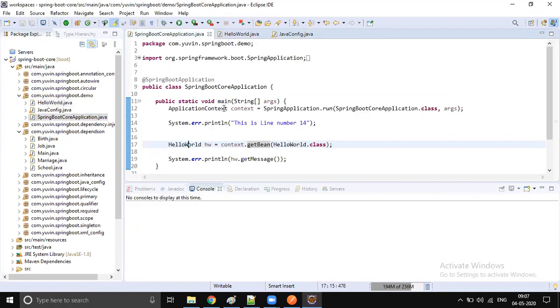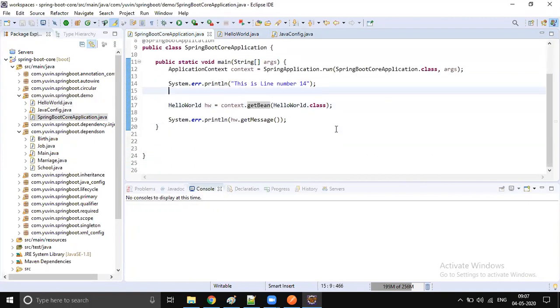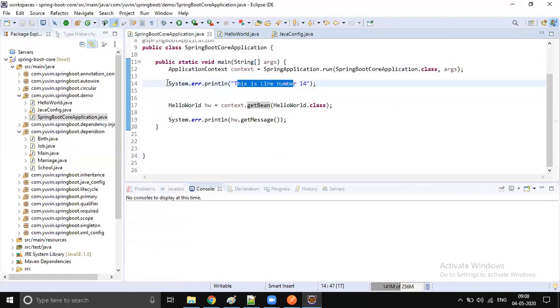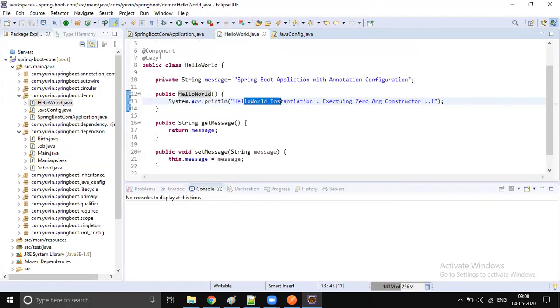After lazy attachment, can somebody guess what the output is now? Which line will be printed first? Line number 14 will be first. Then the constructor statement. Exactly. Last time, without lazy, by default it's eager, so the constructor got executed first.